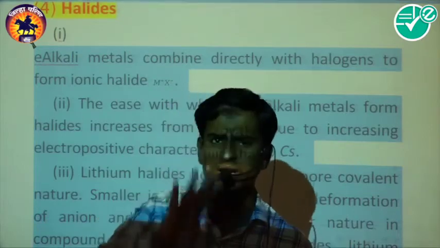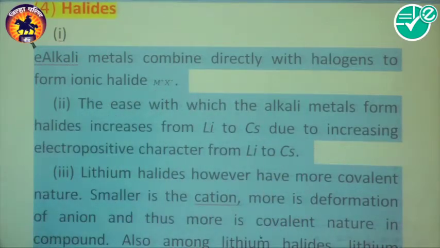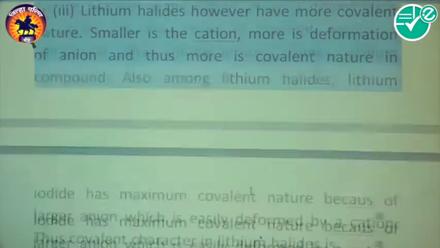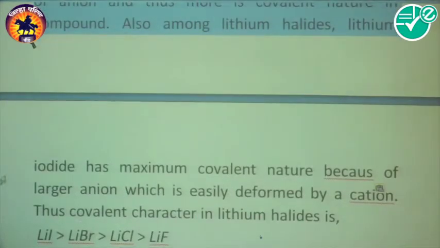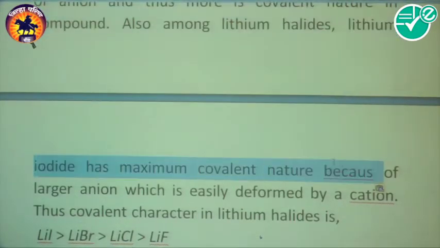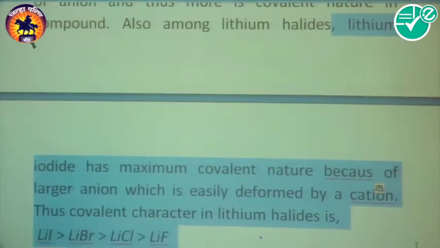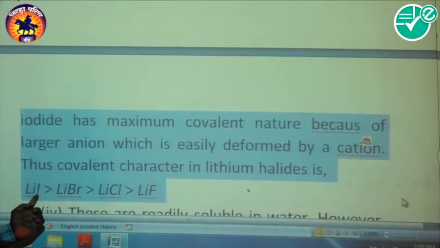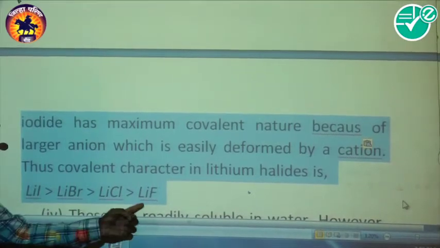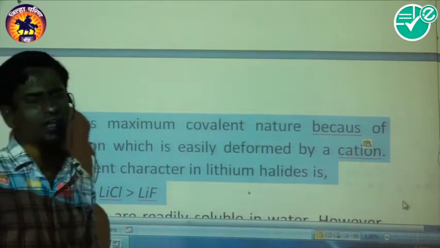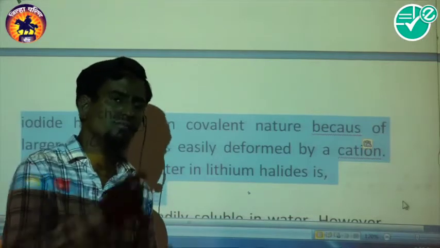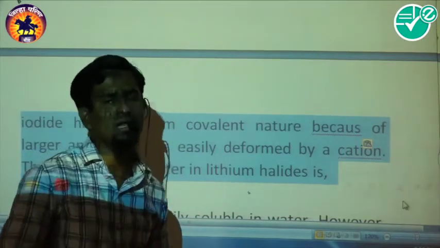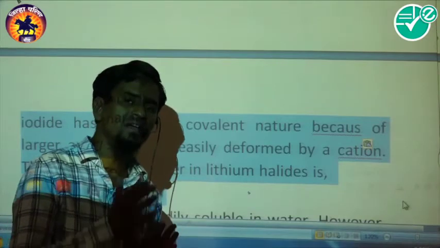They ask in NEET among lithium, sodium, potassium and rubidium, suppose I have provided you four elements. Here an example is already present: lithium iodide, lithium bromide, lithium fluoride. Instead of taking examples of all alkali metals, from the alkali metals I am selecting only lithium and comparing it with different halogens.